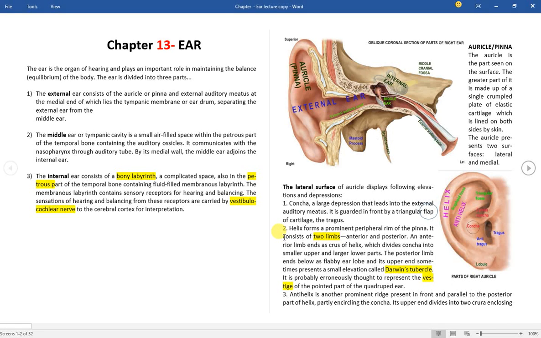Hello friends, today we are going to learn about the ear. The ear is broadly three parts, that is external ear, middle ear and internal ear. So external ear